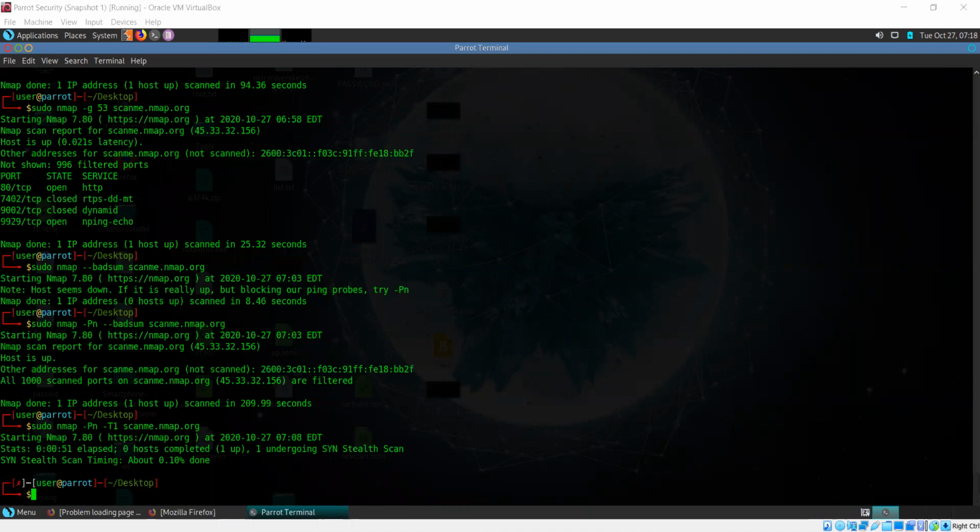So you should do your best to hide your source IP, your source MAC, because what a honeypot does is it collects all this data about any potential attackers that might be scanning it or any potential attackers that might be trying to attack it. So the action of scanning the honeypot itself can give you away. That's why if you're scanning a target for the first time, you need to make sure that you hide your actual IP, use proxies, use VPNs, hide your MAC address.